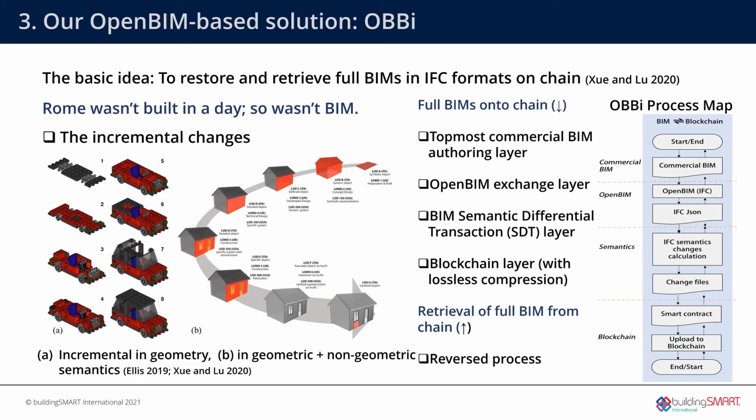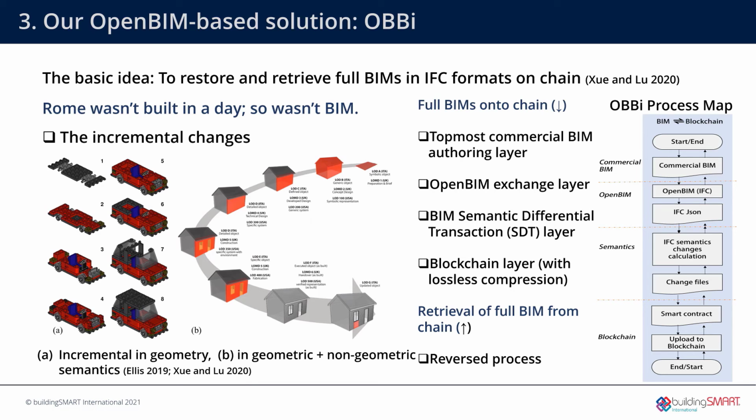The topmost layer is the BIM users and the commercial BIM, and the second layer is the openBIM exchange layer. In the second layer, the commercial BIM files are converted into IFC versions and IFC formats so that we can calculate the semantic changes. In the third layer, the semantic layer, we applied the semantic differentiation transaction method we published in 2020, so-called SDT analysis, to process the differences of every day's version of IFC. And the fourth layer is the blockchain layer, where the information will be compressed, stored, and uploaded onto the blockchain